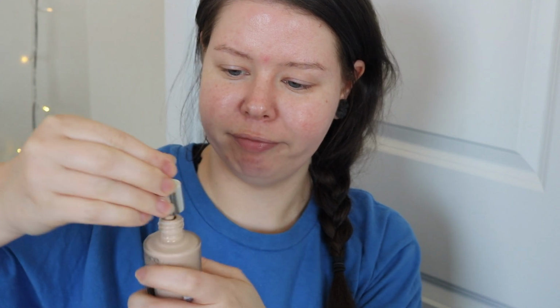I'm just gonna shake it real quick. It doesn't say how to put it on the bottle. It just says shake before use, so just gonna shake it. I think it has like a dropper. Yeah, it has dropper packaging. Usually not my favorite, but